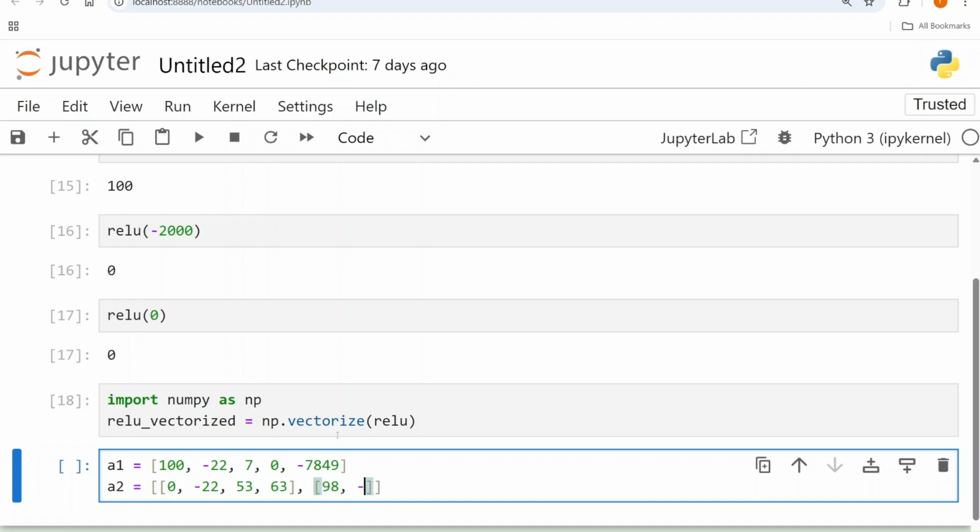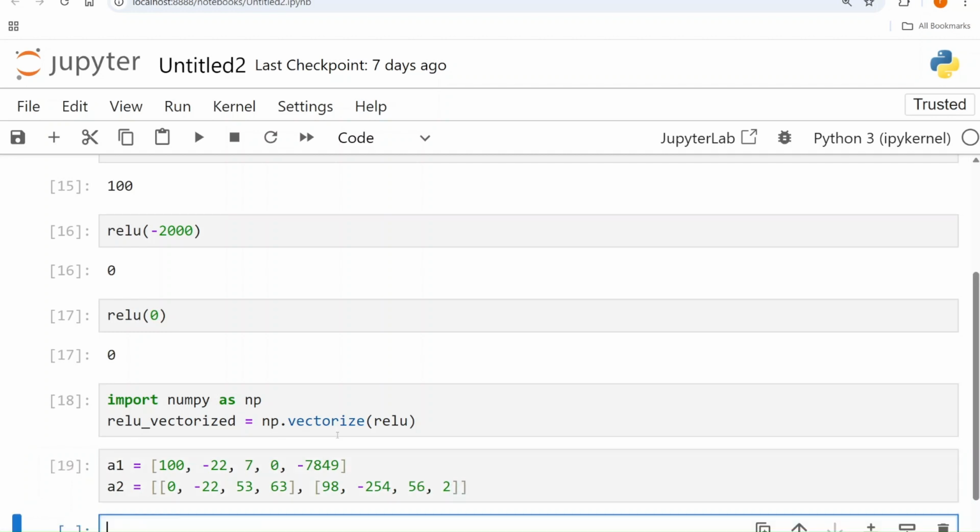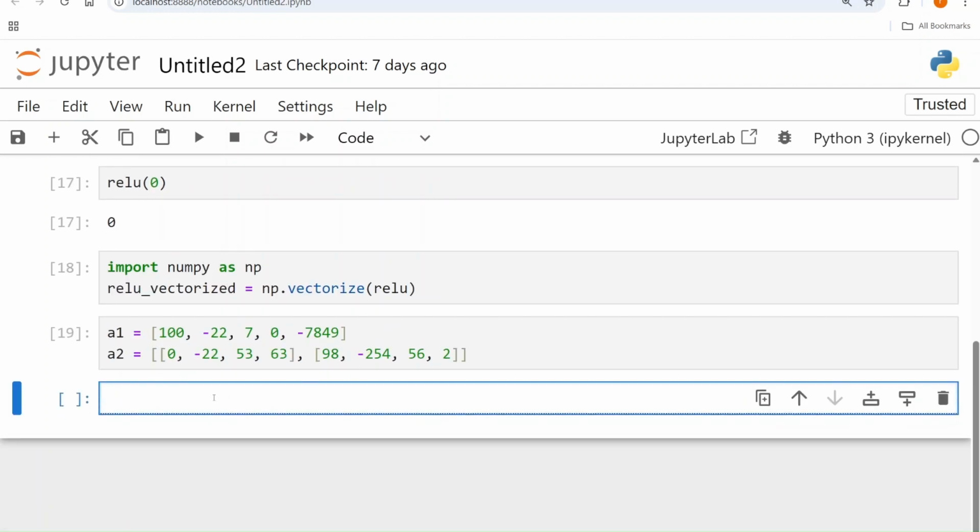So 98, minus 254, 56 and 2. So I've created a 1D array and a 2D array. Now we can just directly pass these arrays to this ReLU vectorized, and this ReLU function will be applied on each of these numbers in the array. We don't have to run a loop because we have vectorized this ReLU function.